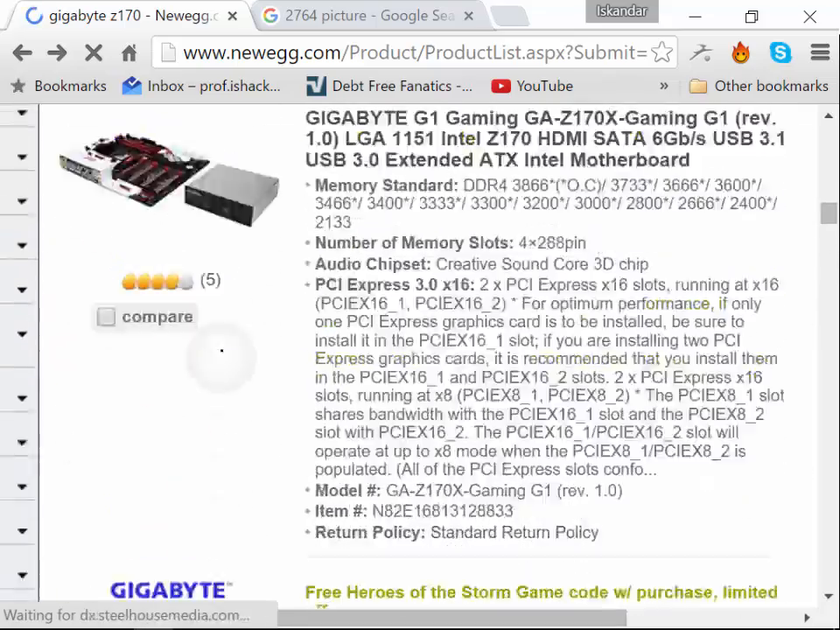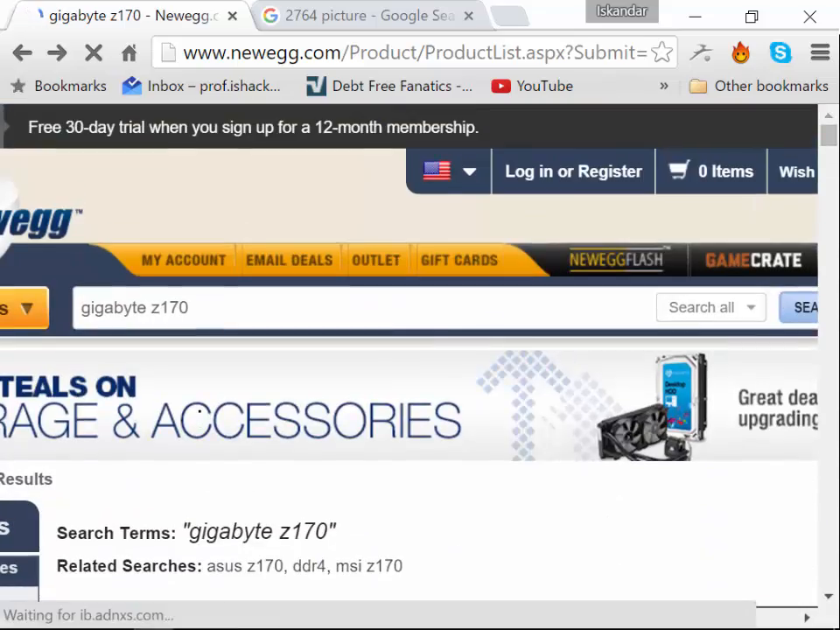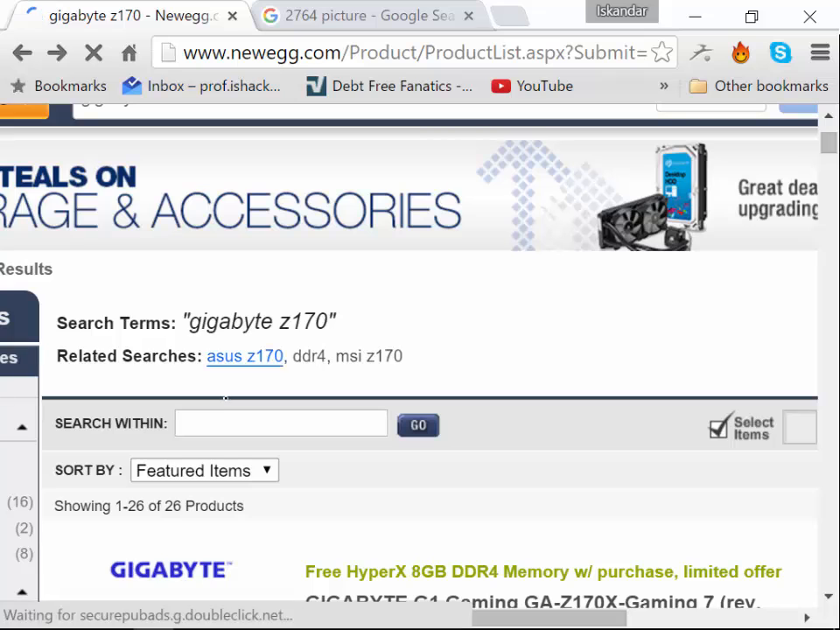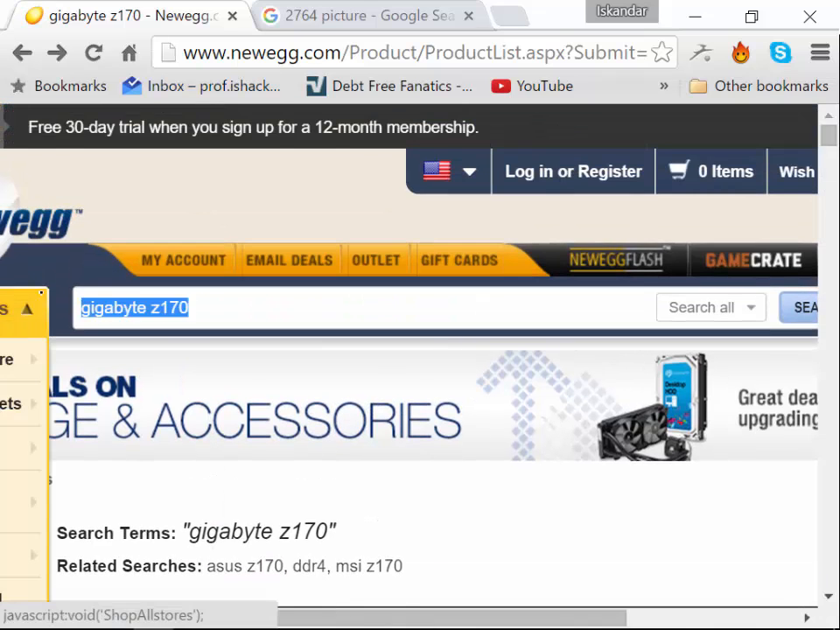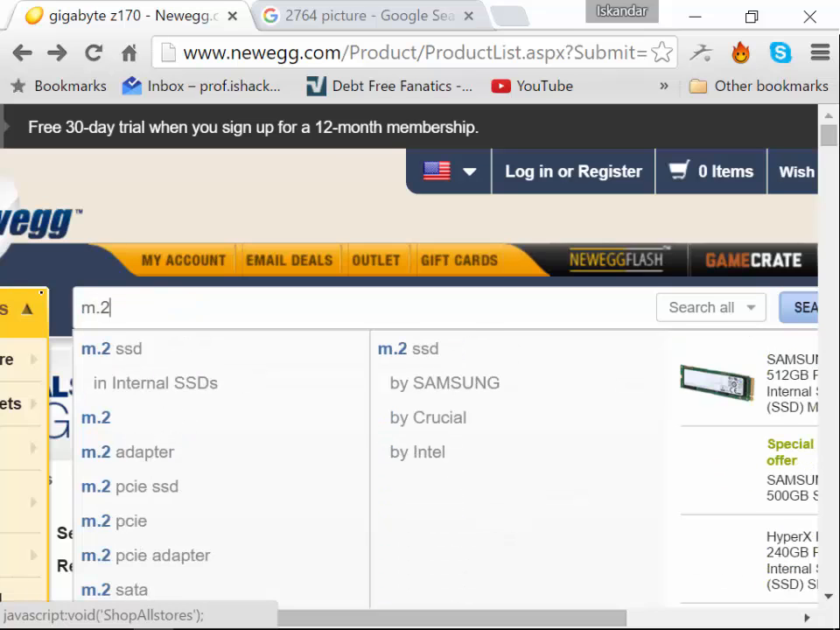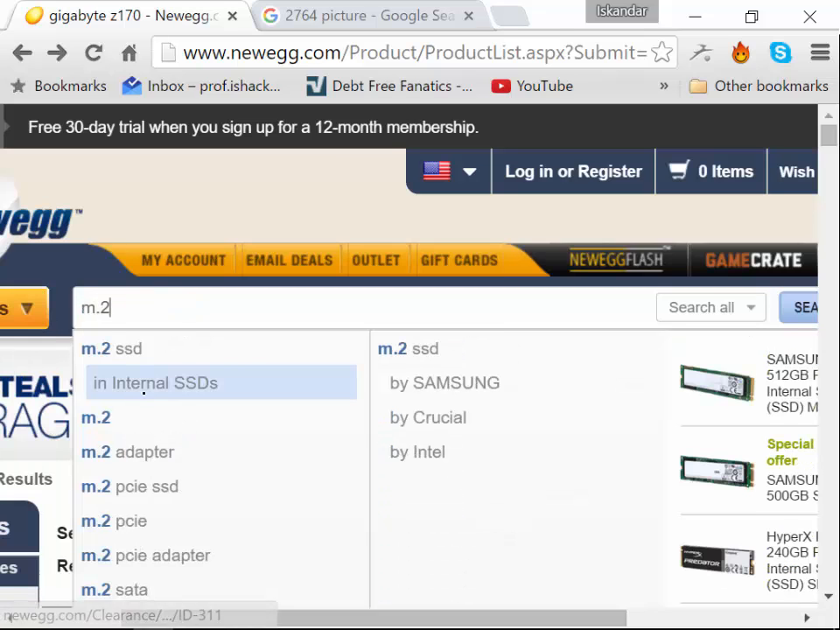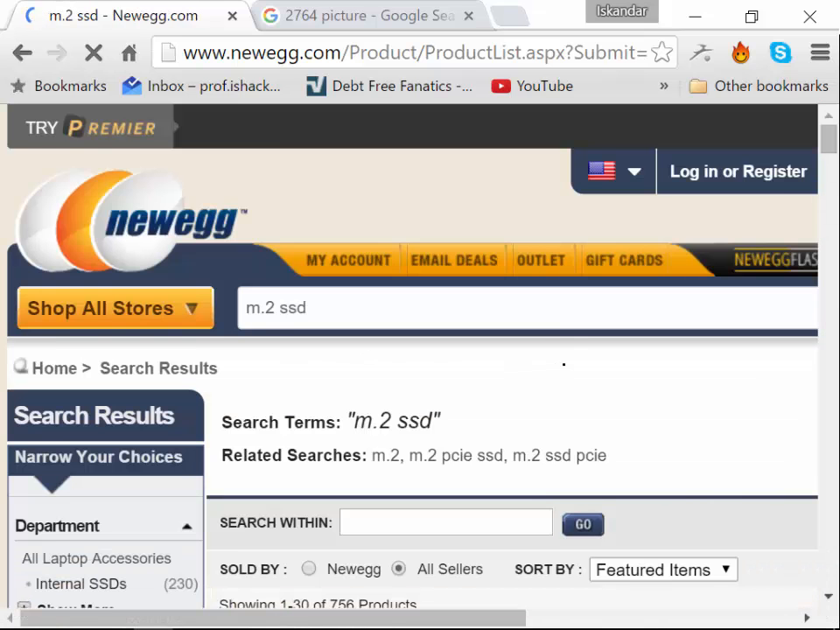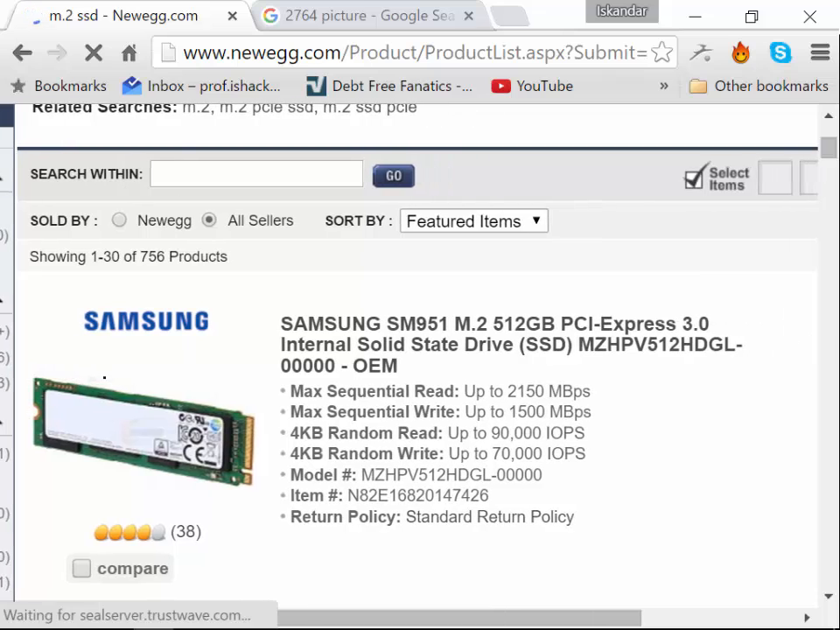If we look here at the M.2 SSD right there. Yeah, I see